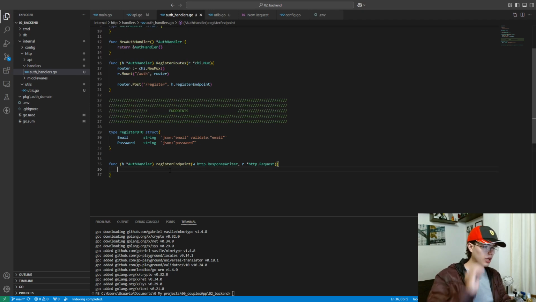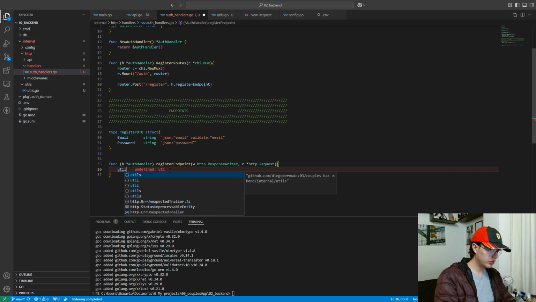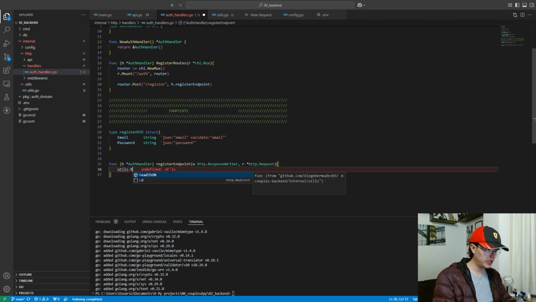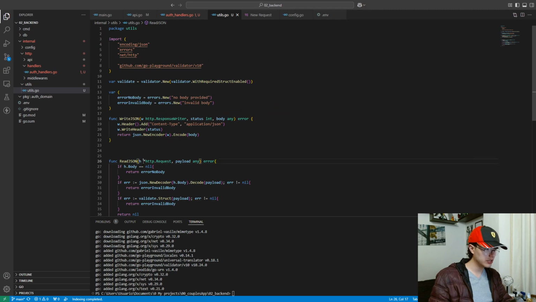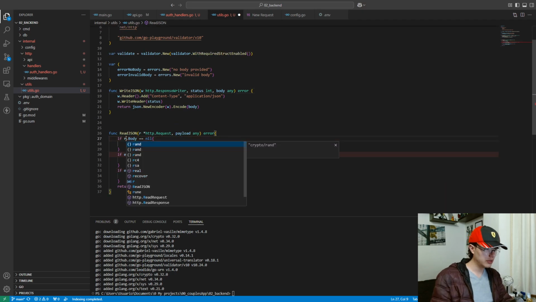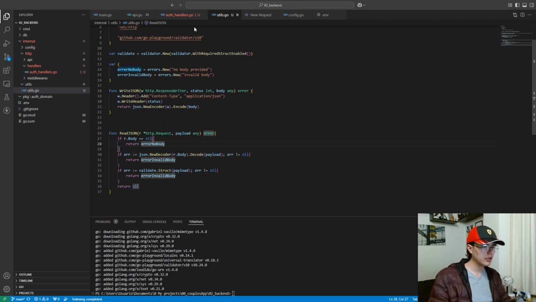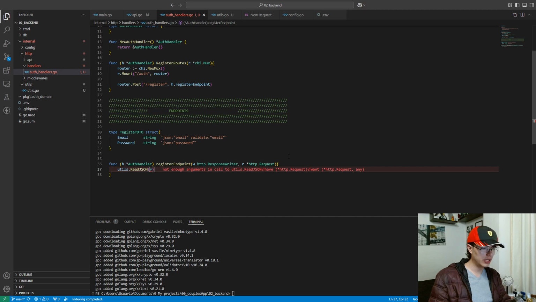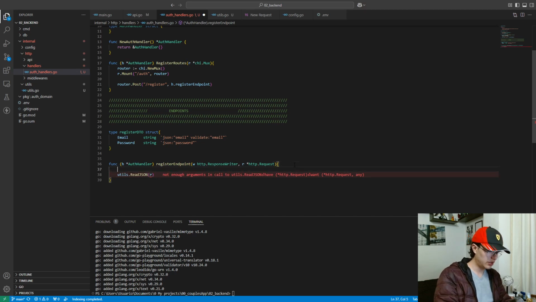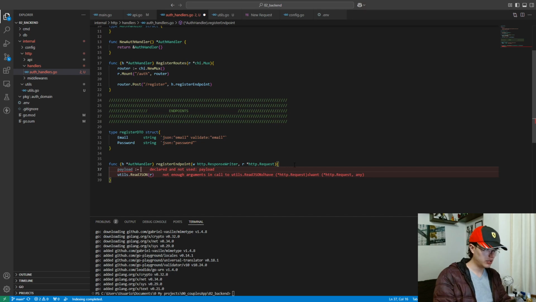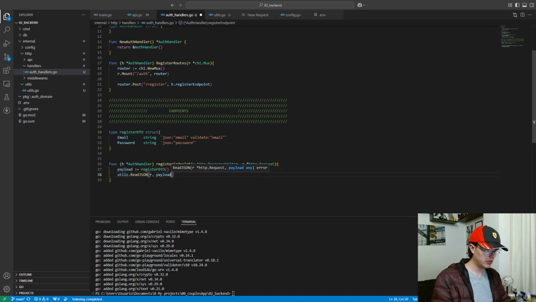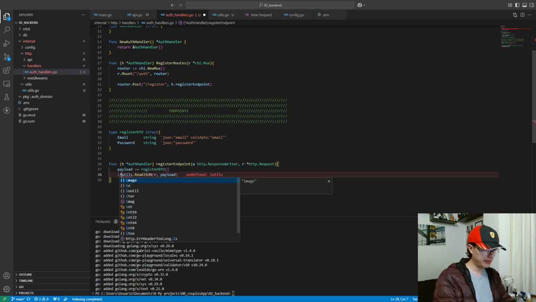So in the register endpoint, I will have utils.Shared.ReadJSON, which will read from the reader. And I don't know why I have it here as an h. It's an error. Let's put it right. Yeah, request. And that's all. So I pass the error, and I also pass, let's create it, the payload, which is equal to a RegisterDTO, and let's pass the payload. Now ReadJSON